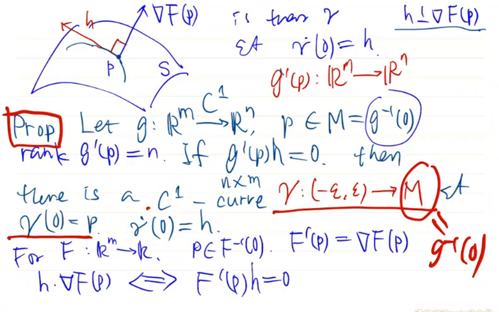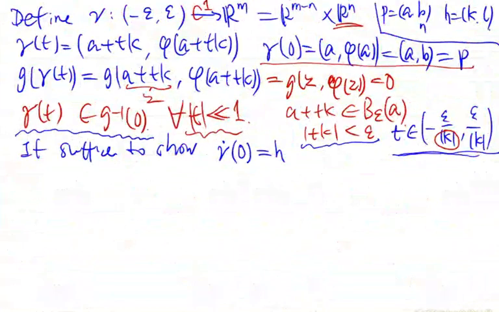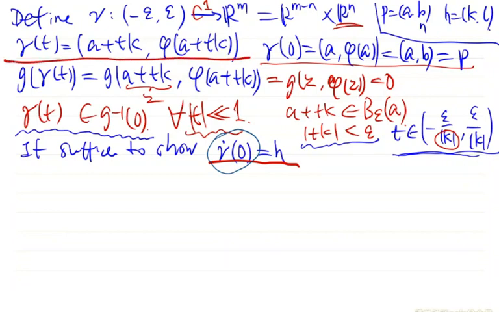So we only need to prove that the tangent of the curve is h at the point P. But how to compute the derivative of gamma at 0? Of course, you need to compute using the definition of gamma. Gamma is given in this formula. So to compute the derivative of gamma at t equal to 0,